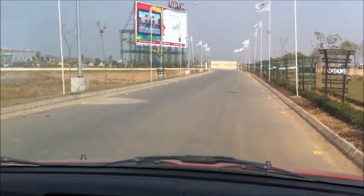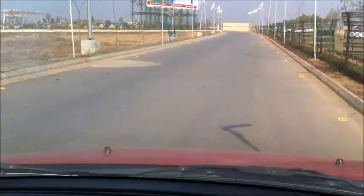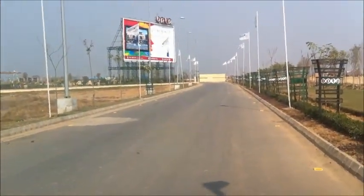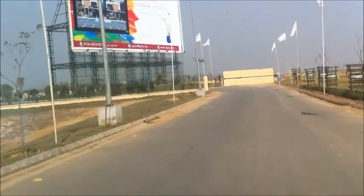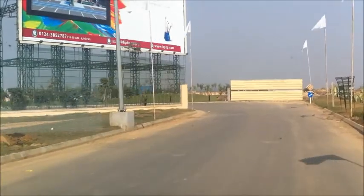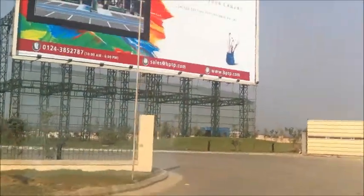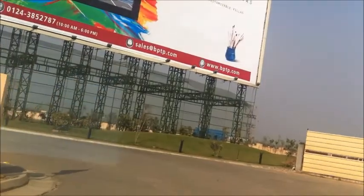Yeah, this is right next to the Dwarka Manesar Expressway. You can see there is the BPTP project, and this is BPTP Ambrosia, and BPTP holds about 5 kilometers of the R zone here. So all across this highway where we came from is owned by BPTP. Right next you can see there is a big board of BPTP here,